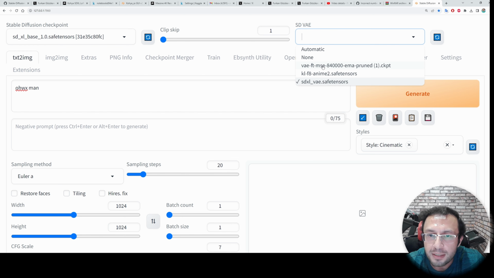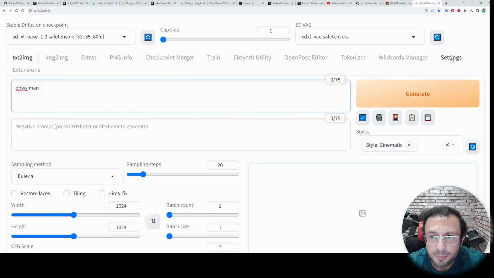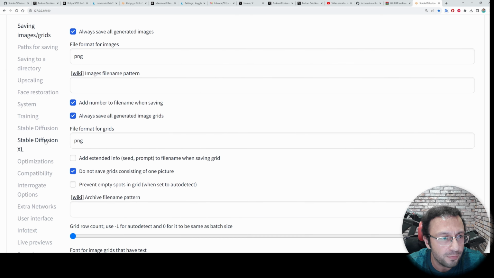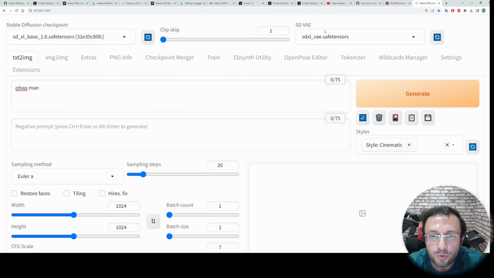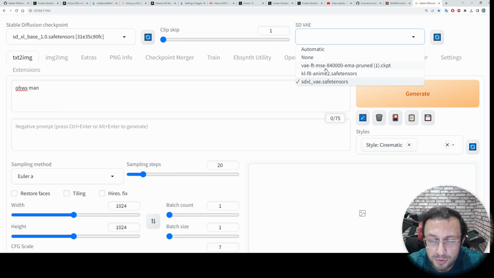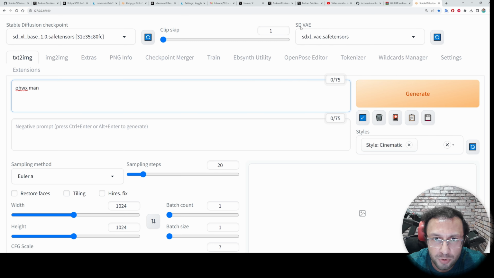Select the correct VAE file. If you select the SD 1.5 version VAE, you will get very problematic output. So either select the correct VAE, SDXL VAE, or none. If you had previously set your VAE from Stable Diffusion VAE in here, then it could be using the SD 1.5 version VAE. So make sure that you have selected the correct VAE. I explained all of this in the previous video.